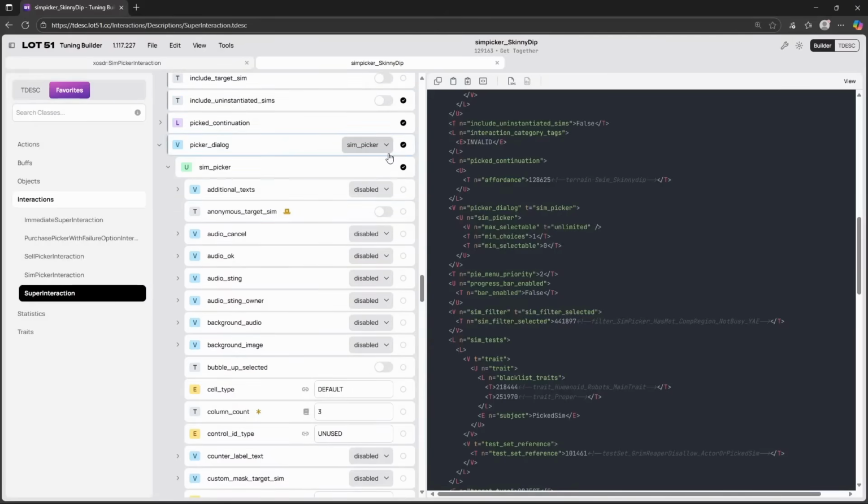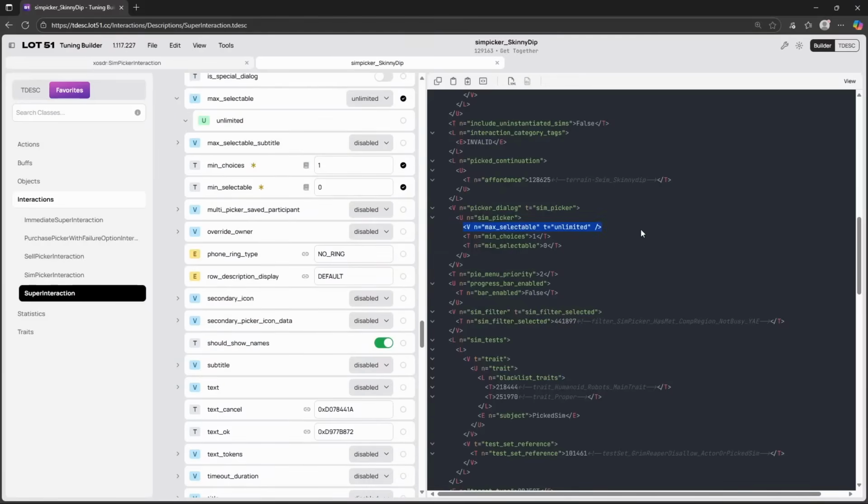Now, if we click on here, we can see the differences. We could also do a skill sim picker or nothing, but most likely when you're doing a SimPicker interaction, you will actually use the sim picker. Then we have the max selectable and the minimal selectables, which just means how many sims can you actually select and what is the minimum of how many